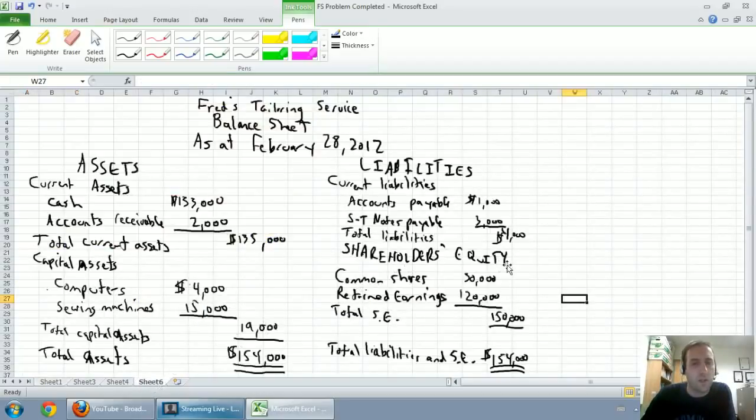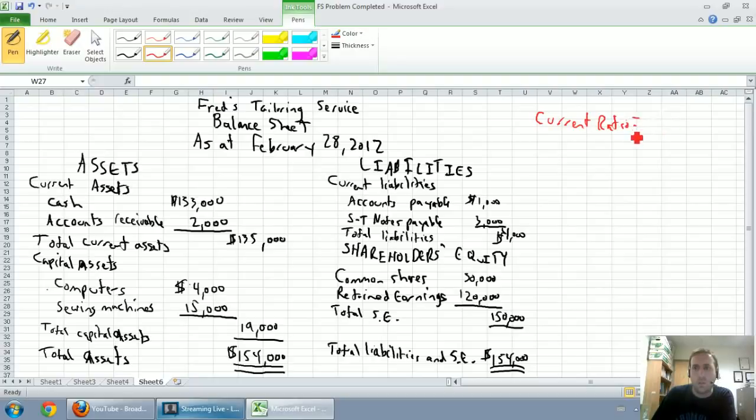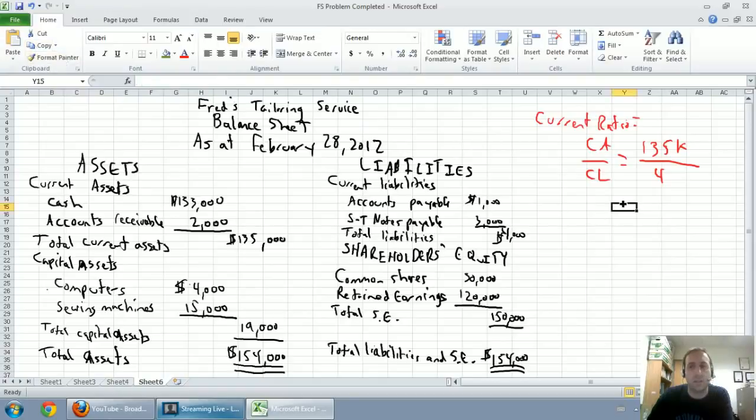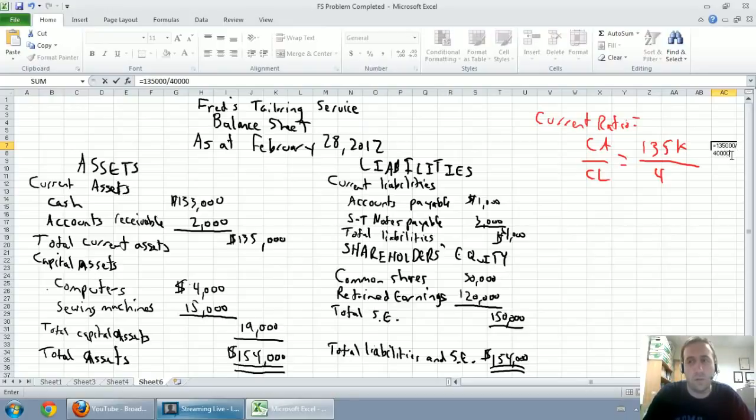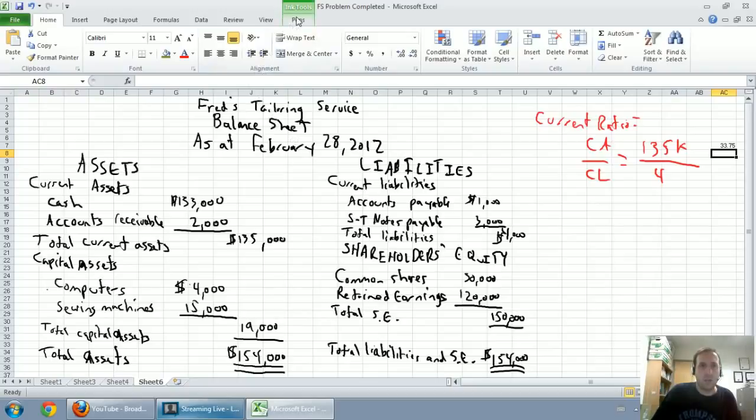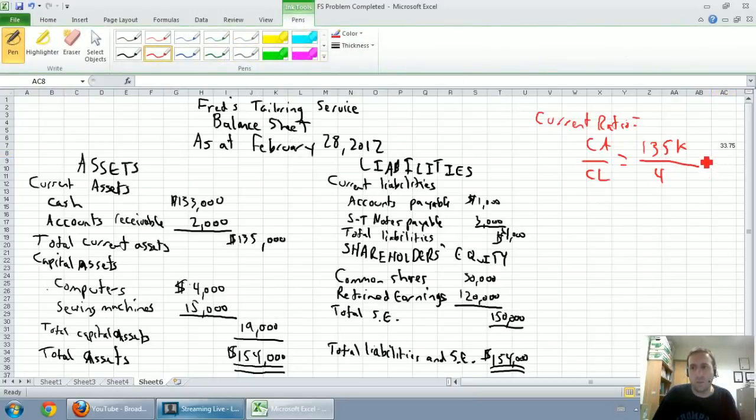So let's do the company's current ratio. All of these ratios happen to use the balance sheet. I'm going to do them in red pen on the side. So let's see if I can make it fit. Current ratio equals current assets divided by current liabilities. So this company's current assets we've totaled as 135. I'll just put a K there for 1,000. Current liabilities, just 4. This is going to be a huge number. I'll actually do this in Excel. I haven't prepared this in advance. So equals 135,000 divided by 4,000. When you run the number, and when I've run this number, I get 135 divided by 4 equals